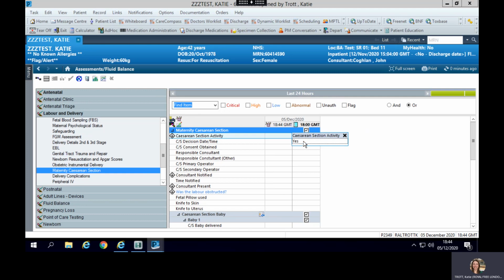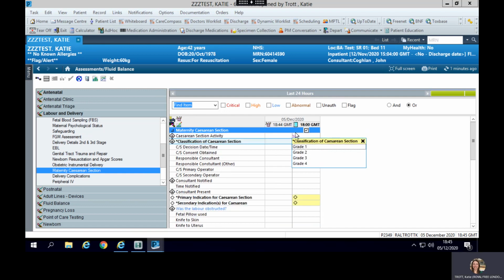This has activated the whole column and helps me move between each cell quickly without having to use my mouse every time. There are some conditional questions, and a conditional question is signalled by this diamond with a downward arrow. Once I've selected the answer for that conditional question, you will see that a number of other questions opened up. Anything in yellow is a mandatory field and it is required for reporting,